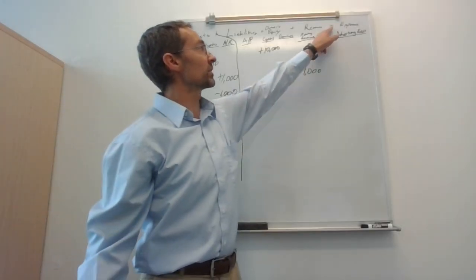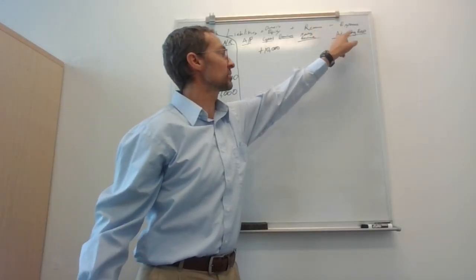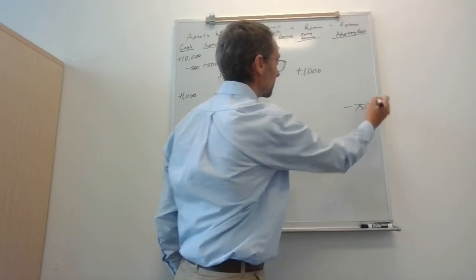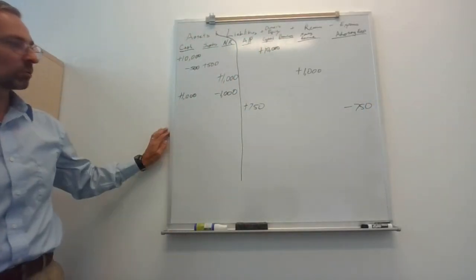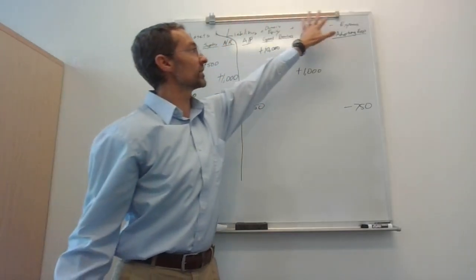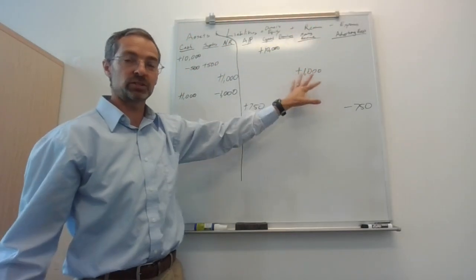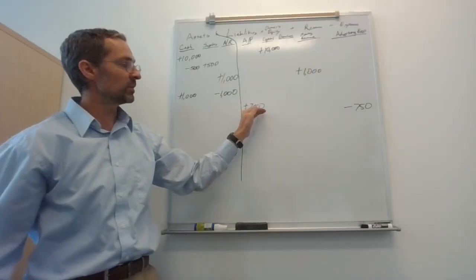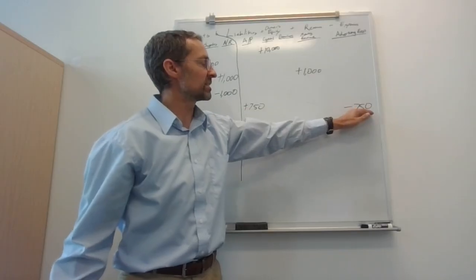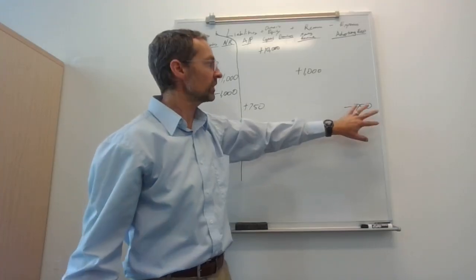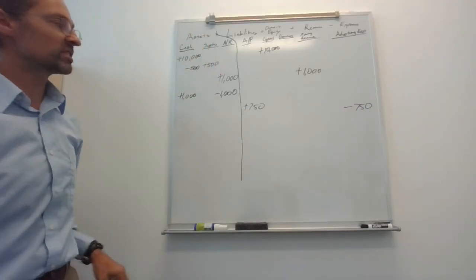You'll notice up here that it's revenues minus expenses. So I'm going to put the minus 750 down here. Does our equation still work? It certainly does. All of this happened on this side of the equation, on the right side. We added 750 to our liabilities, and the expenses ended up subtracting 750 on that side as well. So our equation still works.